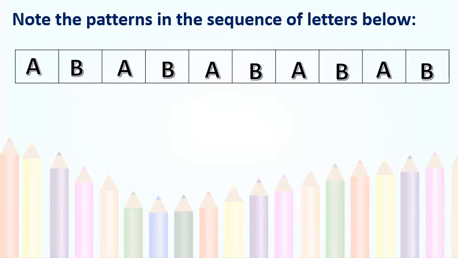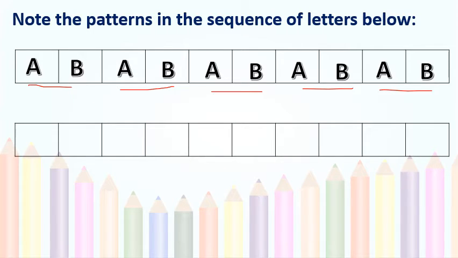How is the pattern? The pattern is in the form of AB, AB, AB, AB, AB. Got that? See, this is the pattern. AB, again repeated AB, then again AB. Got this, students? Okay, we will go through one more. See this table, again we have to give importance to the pattern. How the letters repeat, we will see.